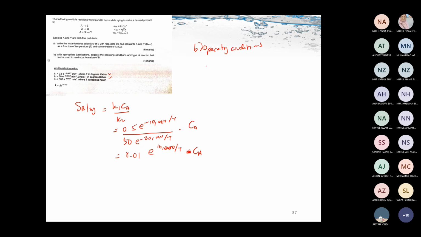Okay, selalunya untuk gas, kita akan tengok pada pressure lah. Okay, and liquid, kita akan tengok pada concentration. Okay, tapi dua-dua ni pun juga boleh tengok pada temperature. Okay, so daripada situ kita tengoklah, remember kalau untuk kita nak tengok pada CA ke apa ke, tengok pada order